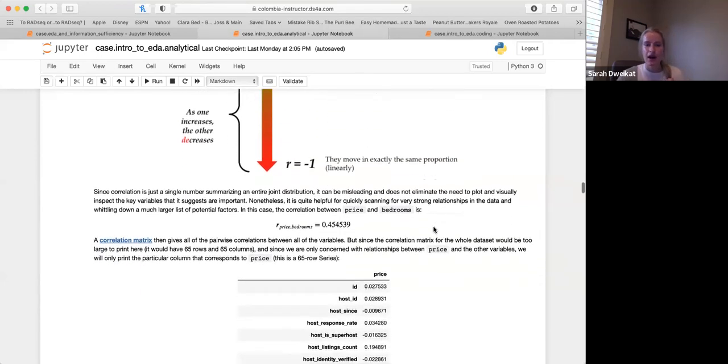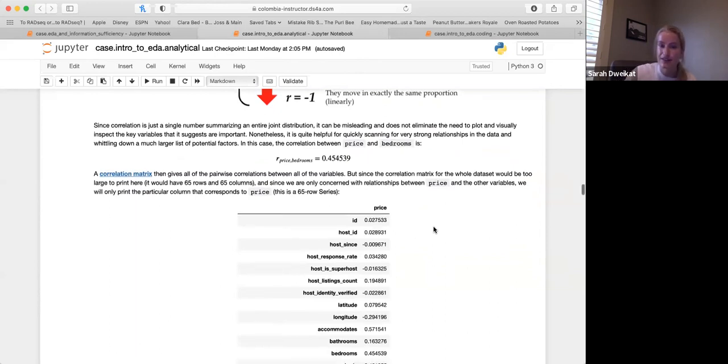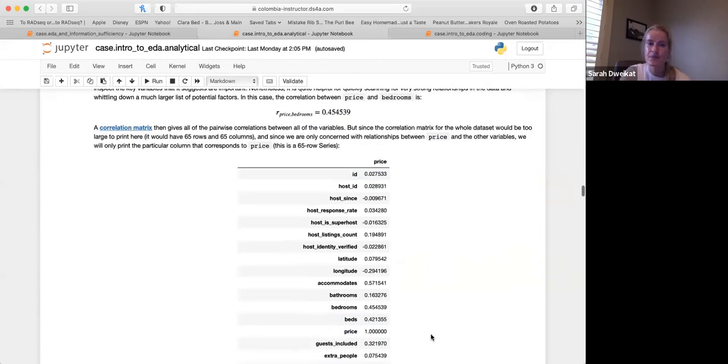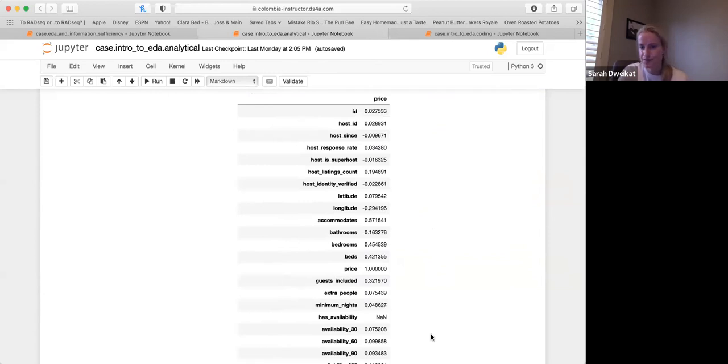We are going to compare first our price. That's what we care the most about, right? We're really interested in what things are related to price. So if we generate some correlation numbers, some R values, this is called a correlation matrix, because we are comparing this thing to everything else in our data set. We can get all of the pairwise correlations here. So let's look at these numbers.